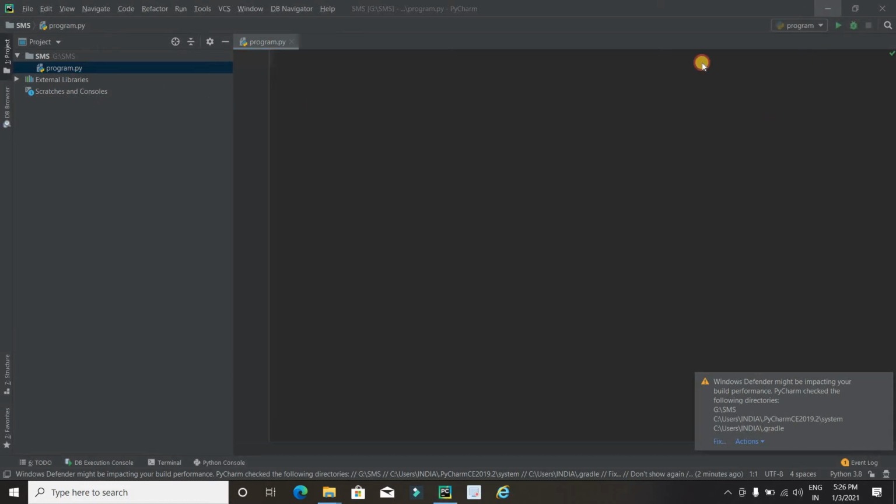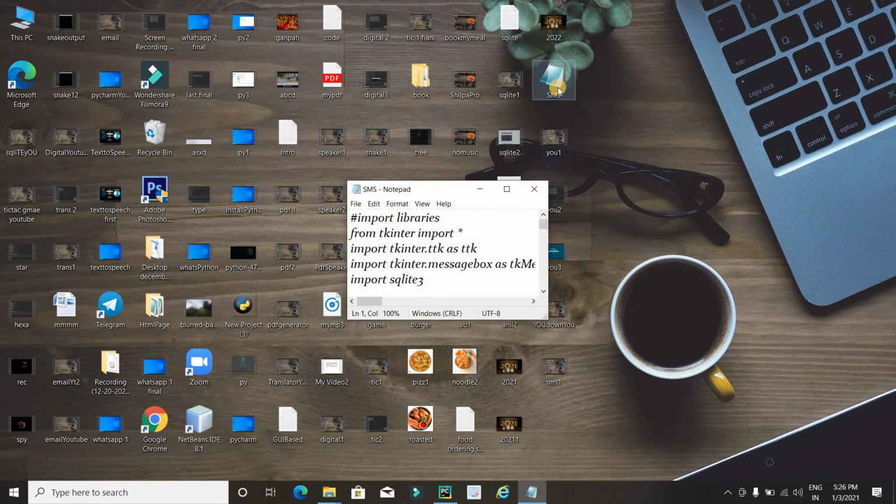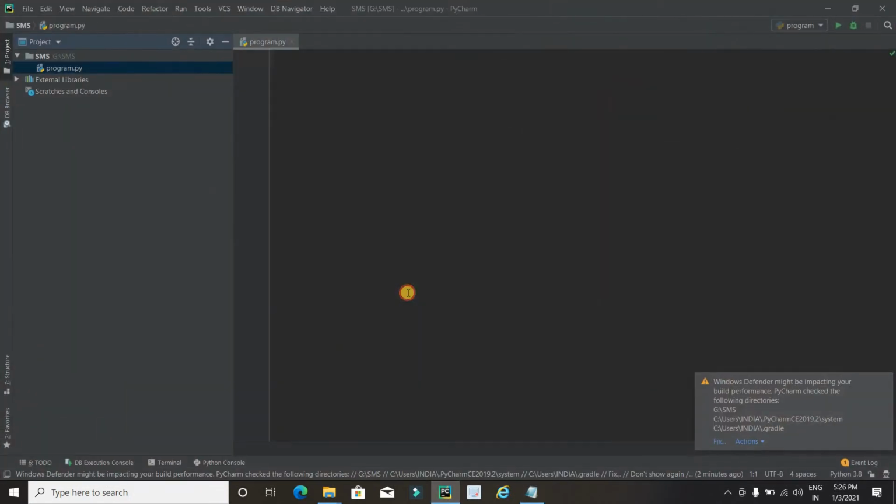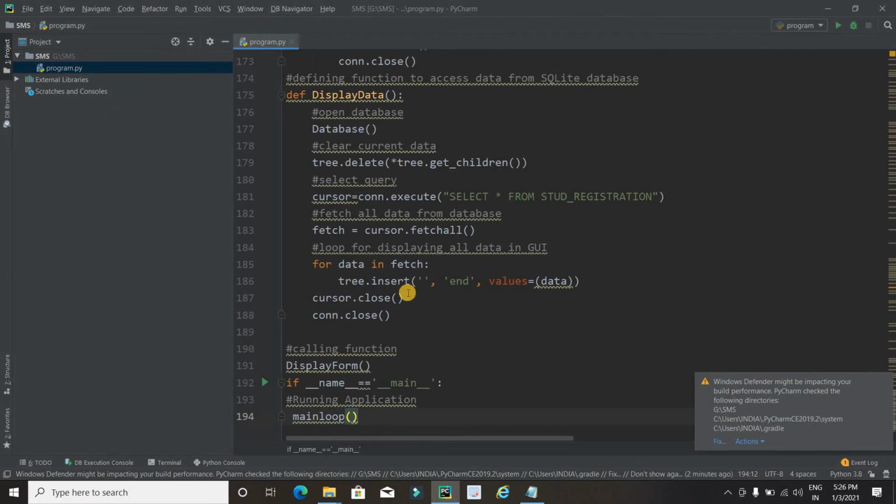It's time to code. Friends, I have already coded it, so I will just copy my code and paste it here. You can get this complete code from my website, and my website link is given in the description area. From there you can click on the given link and get the complete code of this project. Here I have explained each line of code with proper comments so that you can understand it in a very easy way. Still, if you have any problem understanding this code, then let me know by comment. I will fix it for you definitely.